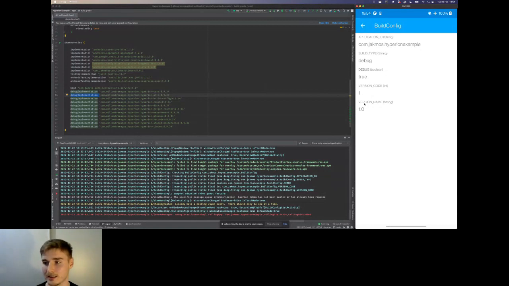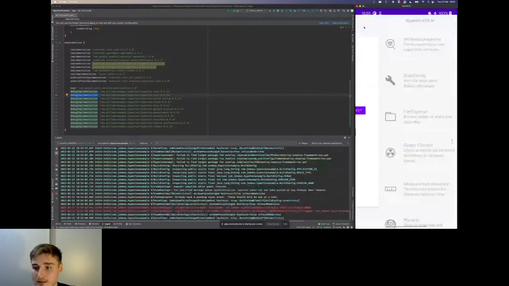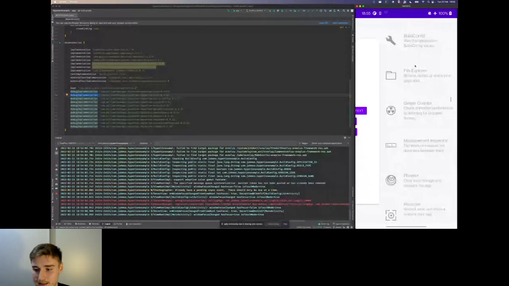But all this information, especially about version, is really useful, because testers, especially those who are not technical, don't always know where to find it. I've created such screens manually for many apps that I've built, just to enable them to check this information. So with that plugin, the only thing I needed to do was implement it, including the dependency, and it was already there. So let's check another one that I really like.